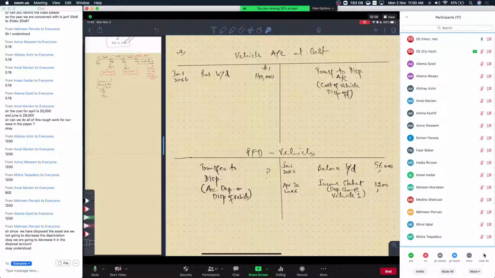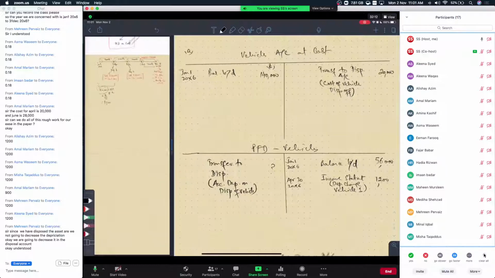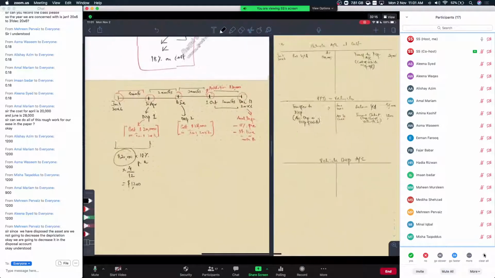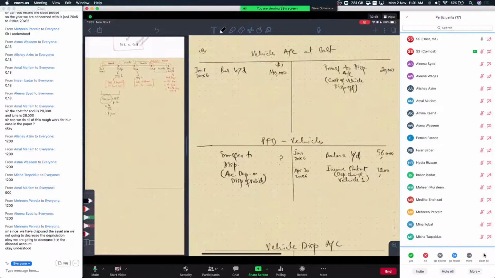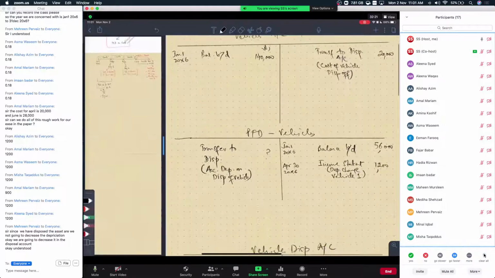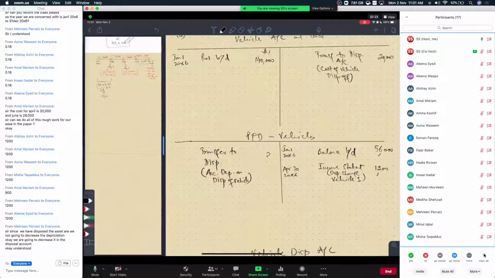So this is the easier bit here. What are we going to subtract over here? We are going to look for the cost, and the cost of the asset was $20,000 if I am not mistaken. Let me just see the timeline here. Yes, it was $20,000, right? So we are going to transfer $20,000 on 30th of April